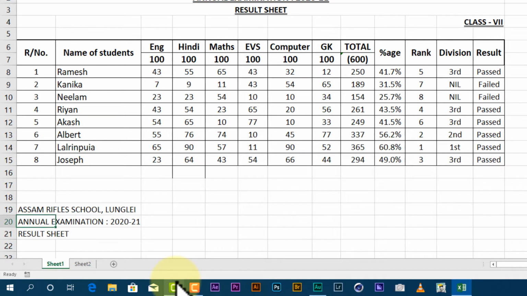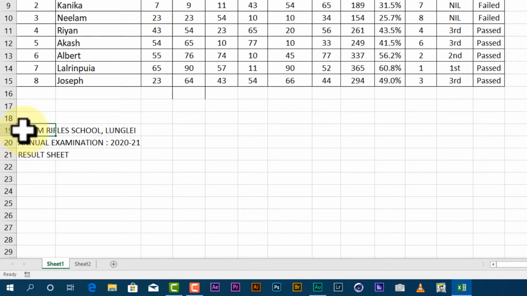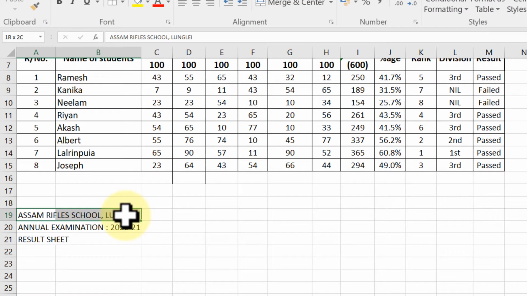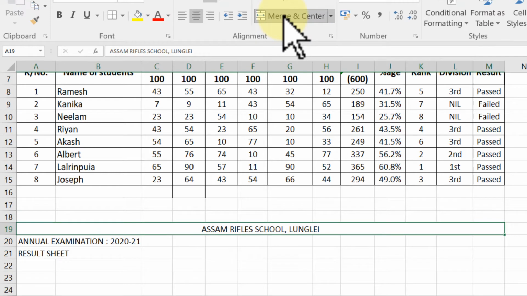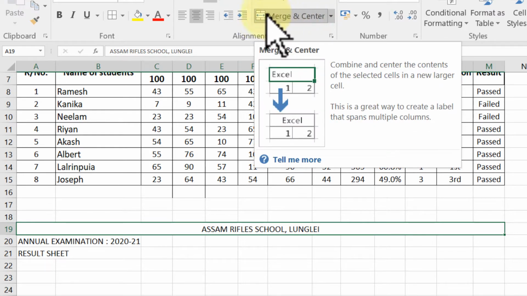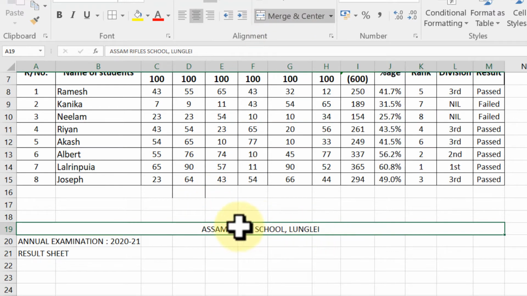So see the trick: simply keep pressing the left mouse button and drag up to here and press Merge and Center. With the help of this tool, we can merge many cells and bring the data to the center.